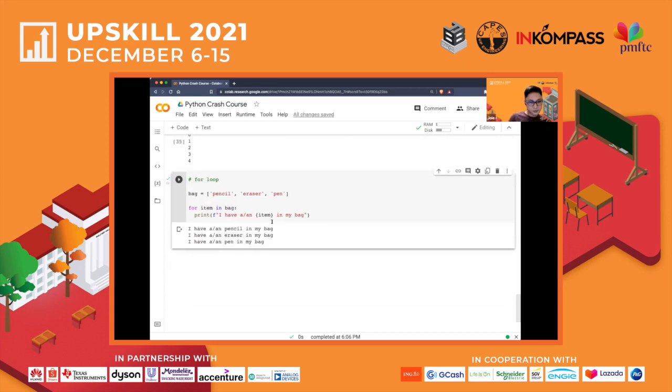Okay, so as you can see, it printed, I have a pencil in my bag, I have an eraser in my bag, I have a pen in my bag. So it printed one by one the contents of the list. Okay, so